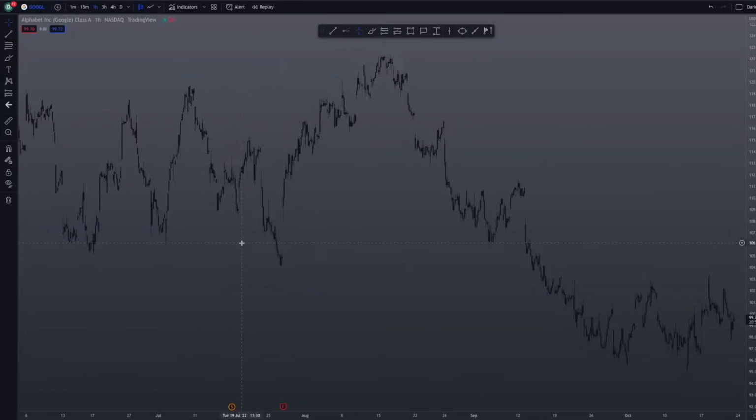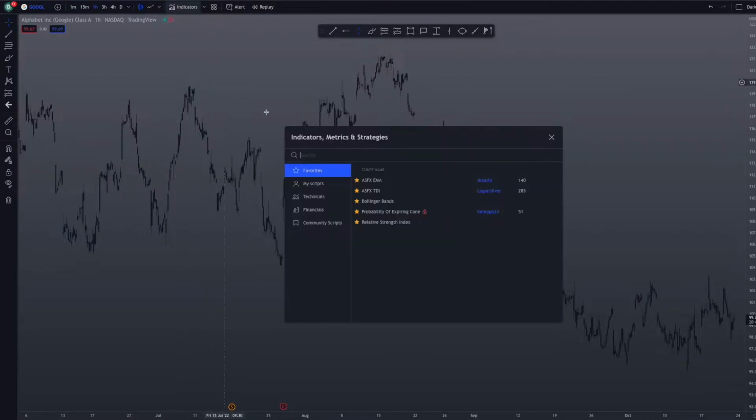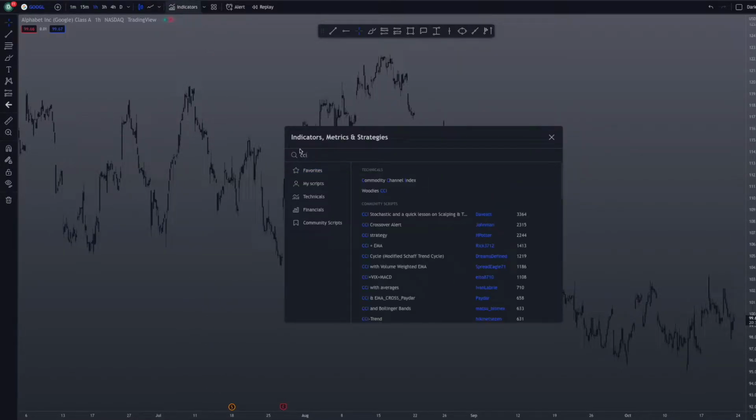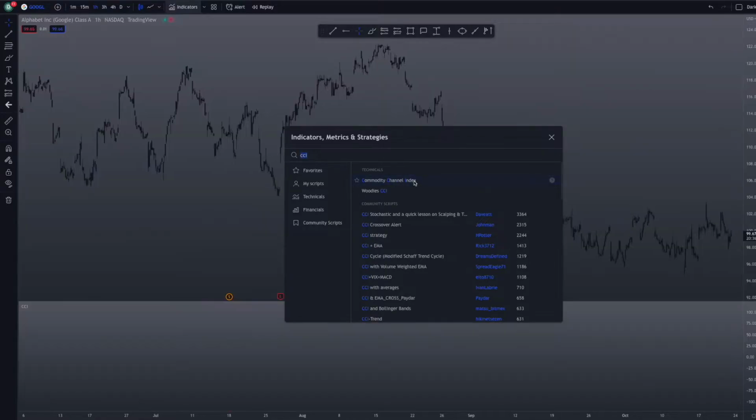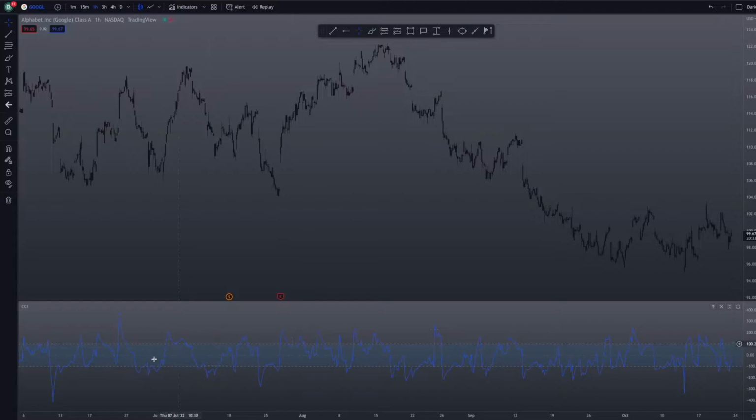So you can see here we're on the Google chart on TradingView, 1 hour time frame, and you can see our candles on the screen here. How do we actually get the CCI indicator? Come up here to indicators, type in CCI. You can see Commodity Channel Index comes up, and boom. You can see that we have a blue line, which is our CCI, and then there are 3 dotted lines. There's one around 100, one around 0, and one around negative